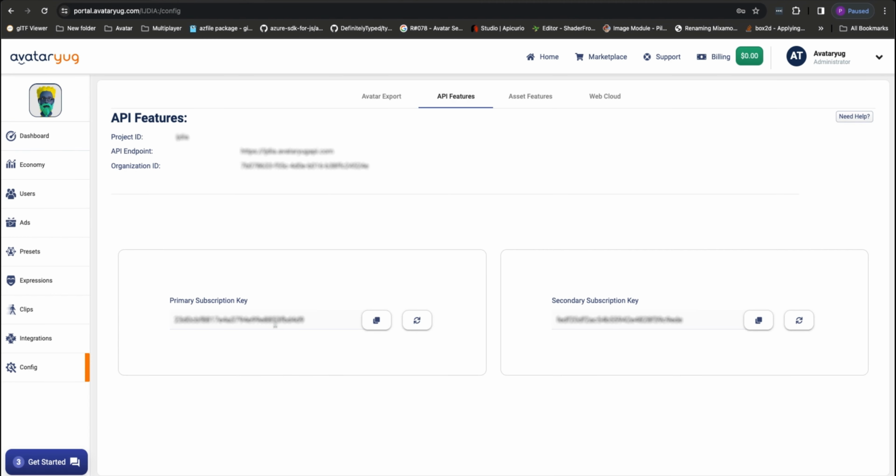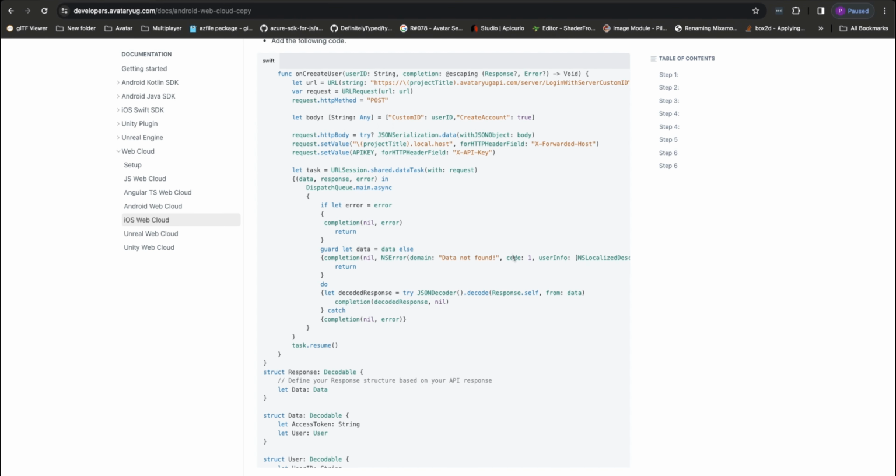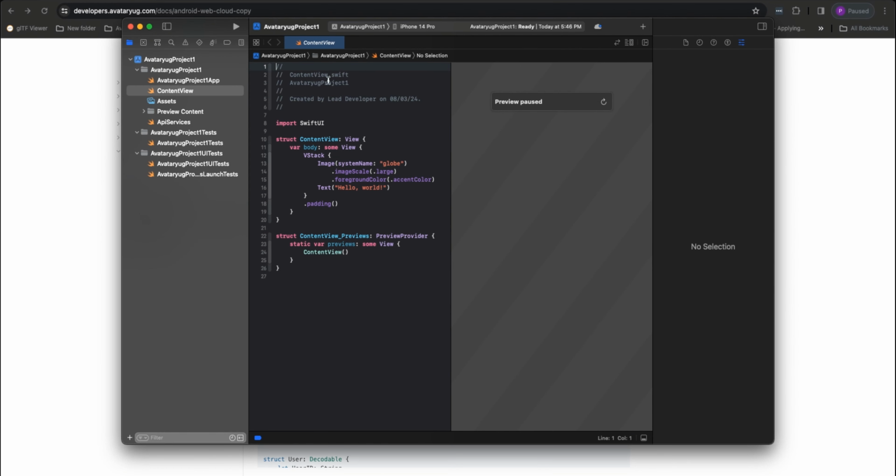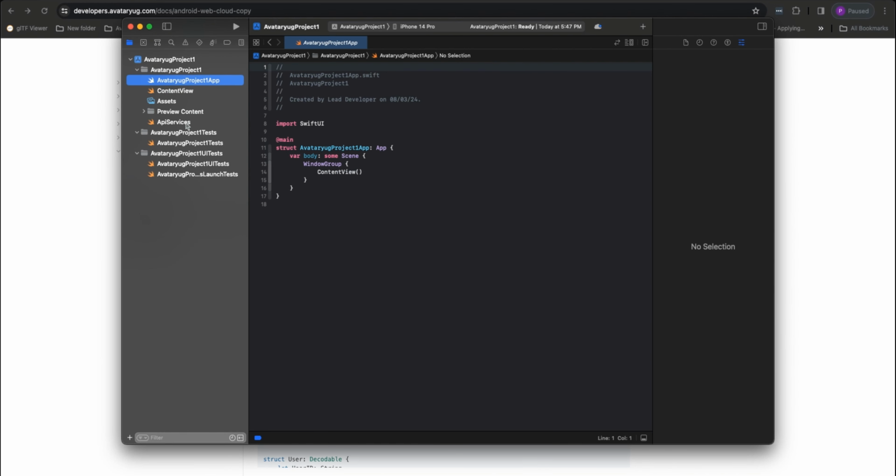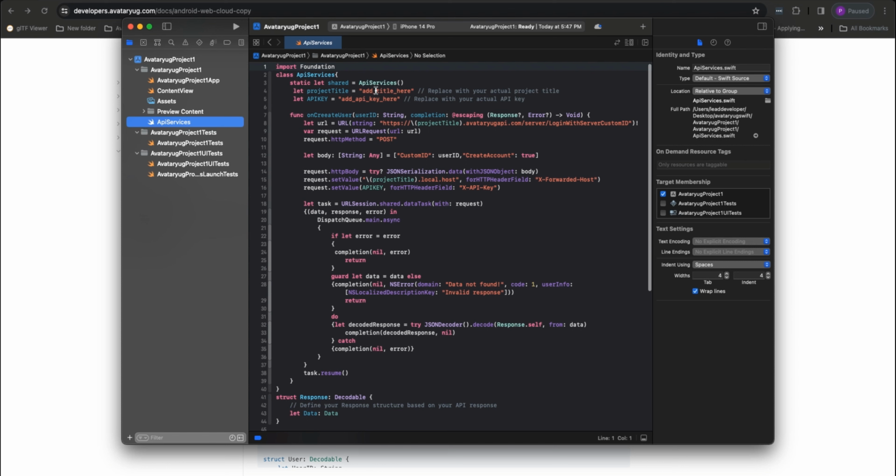In API features, you can find this subscription key. Copy that key and paste it in that file. In the API services, paste it over API key, and in the project title you can put your project ID. I have put mine.